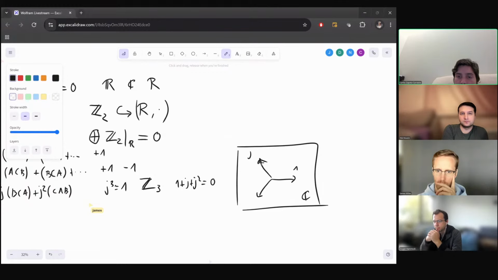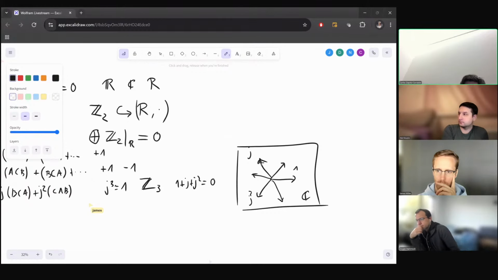This is 1, this is J, and this is J squared, right? You could also do the anti-symmetrization thing and add the negatives, adding all the negatives, which will be like a hexagon. You would have a hexagon of all these units, and it will still be. Now, in that case, I would write the same things over here, and I would say the